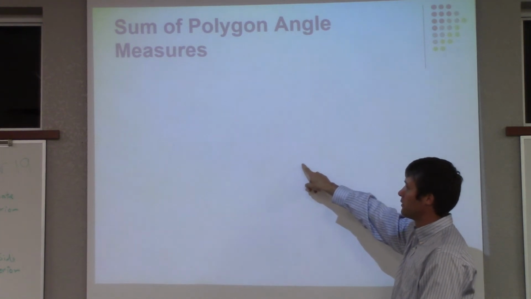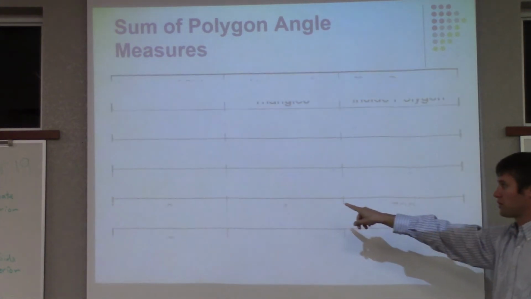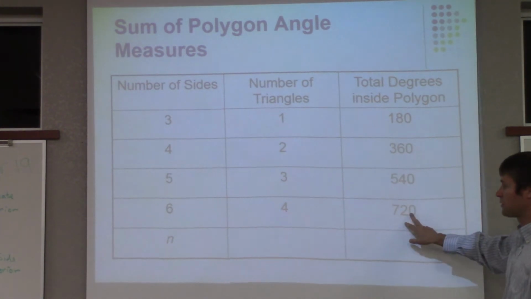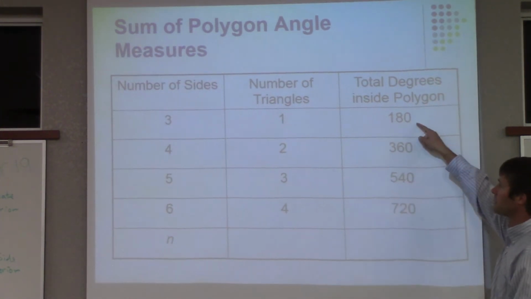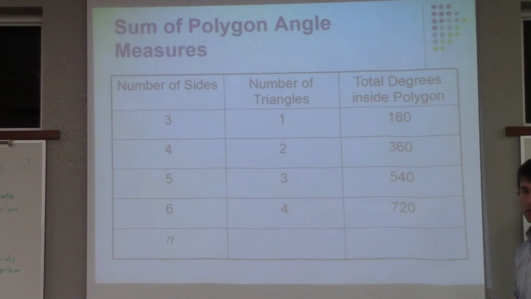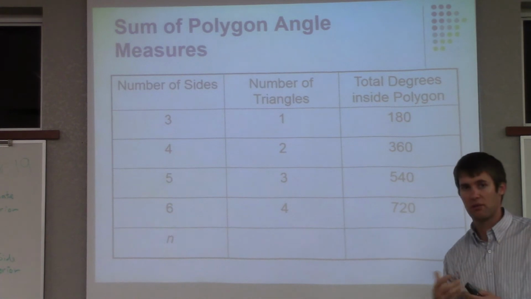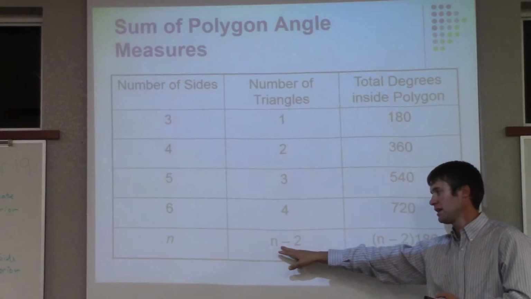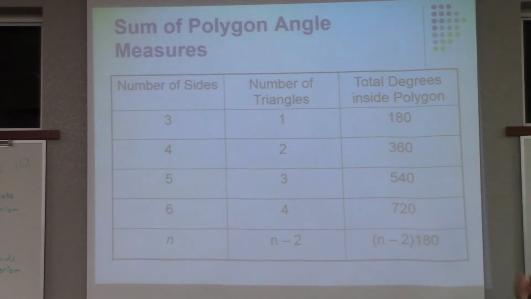2 sides, we did this one. 5 sides, so hexagon, if we went 6-sided, we'd have 4 triangles, which is 720 degrees. So what if you look at 180 to 360 to 540 to 720? If you look at it, is there any pattern that emerges? The pattern that we're going to work with is n minus 2, number of sides